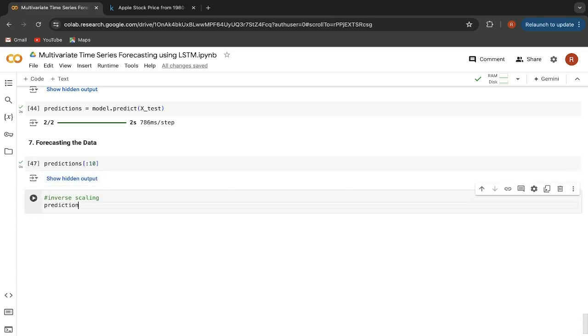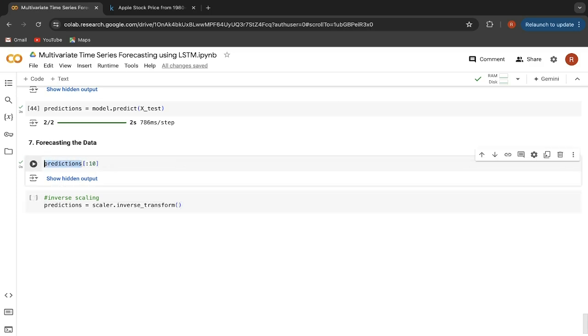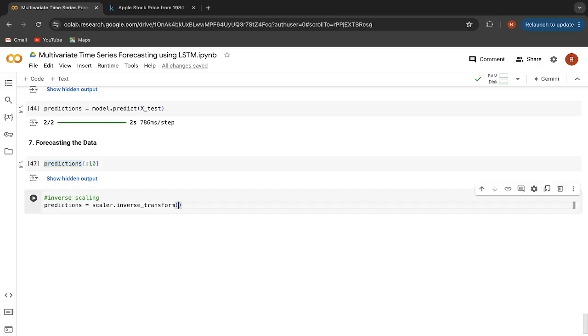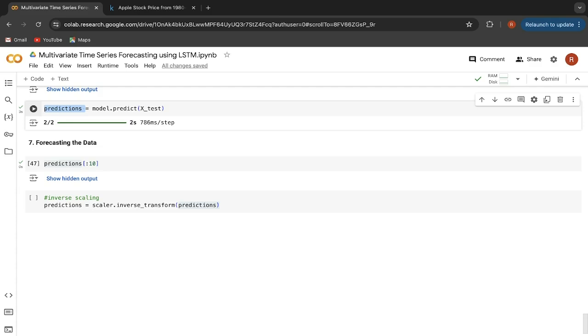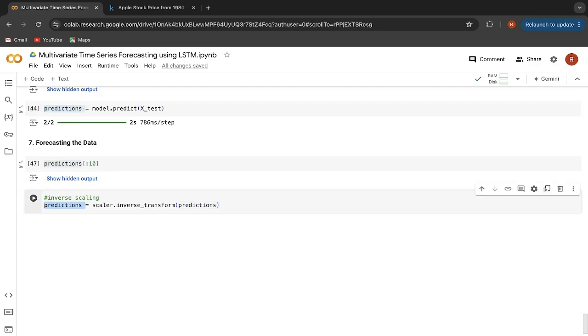So here I will say predictions is equal to scalar. This scalar is the object in which we have loaded our min-max scalar module, and here we will use an inbuilt method which is inverse_transform. Here we will pass the previous predictions. So let me copy it from here and paste it here. Now these predictions are the previous predictions that we performed here, and this is the new predictions variable with the same name.